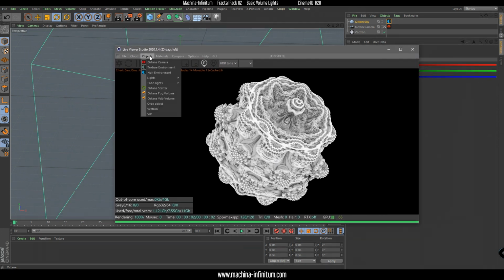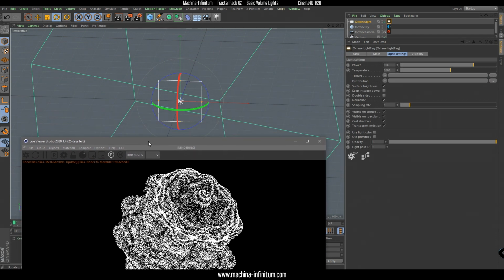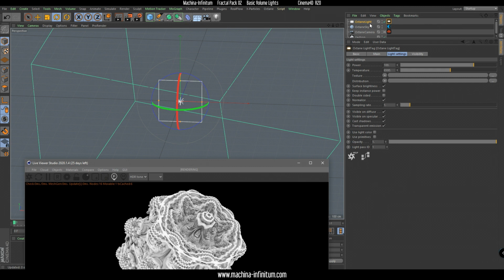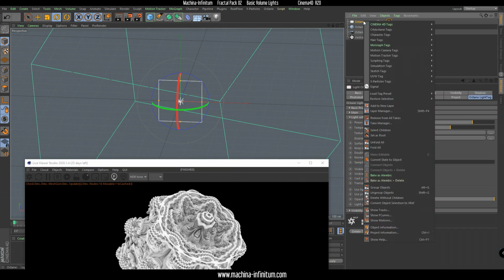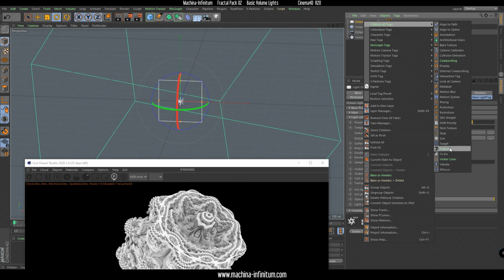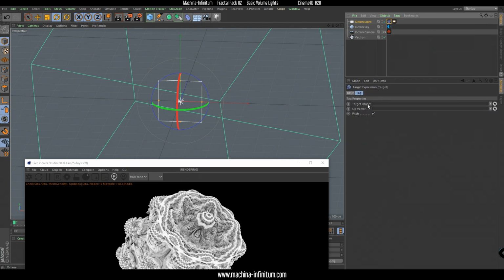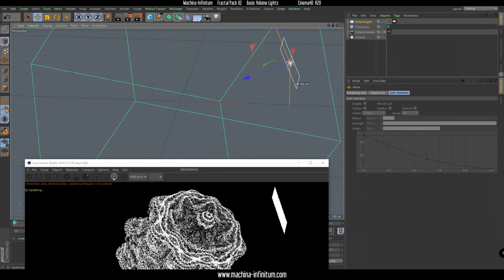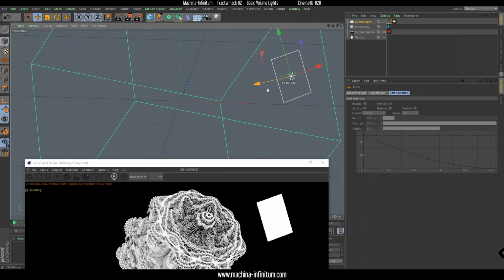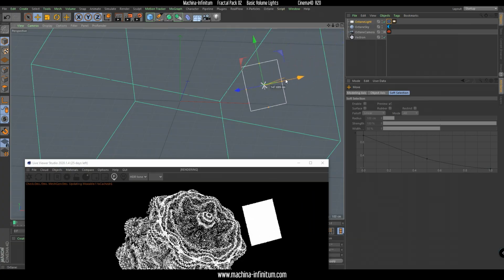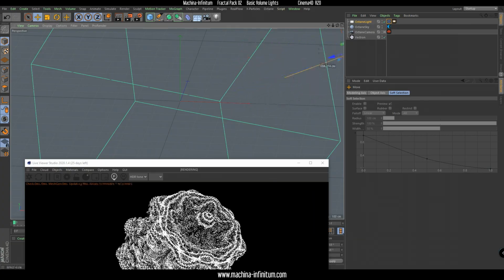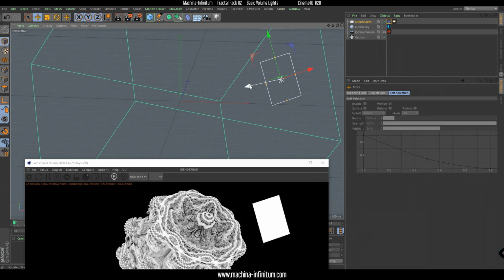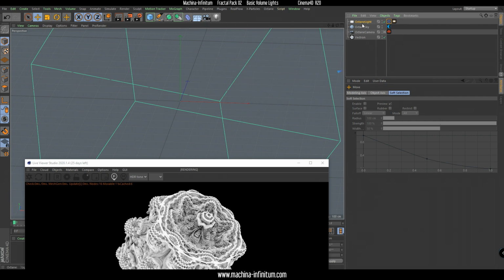Then we need some light, so Octane area light, and we want this light to always face the fractal. So to do that, we just need a Cinema 4D tag called target, and in the target object just select the Vectron. Now we can move this light something like that. Let's duplicate this light